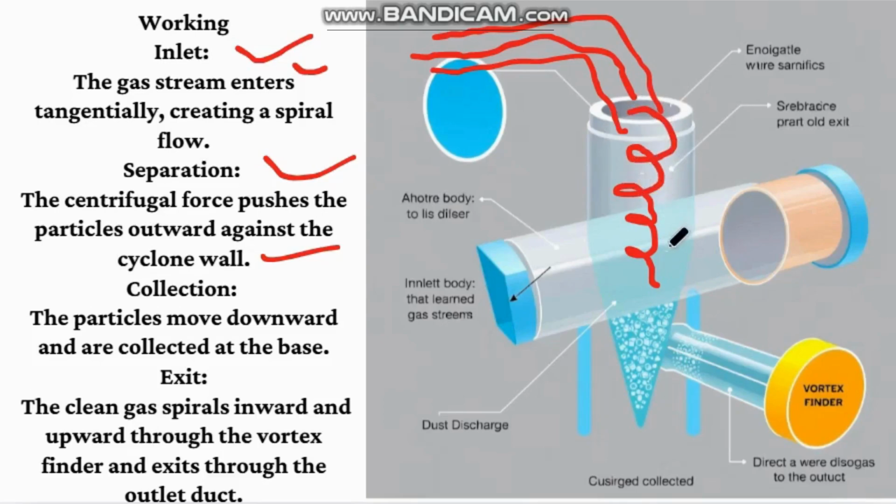Due to the circular motion of the air, what happens? There is a production of centrifugal force. Due to the production of centrifugal force, the larger particles present in the stream of air are going to hit the walls of the cyclone separator, and they will lose their momentum and slide down,